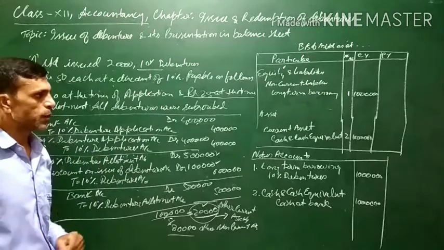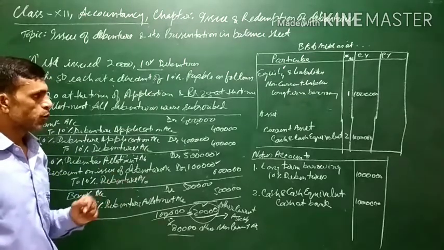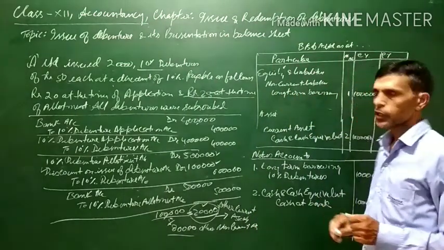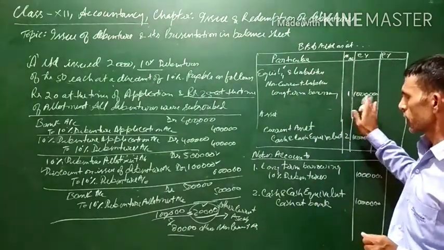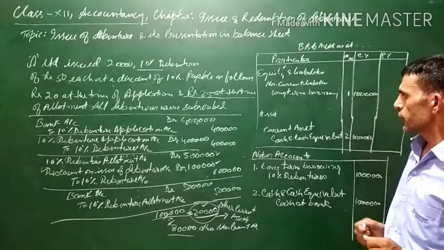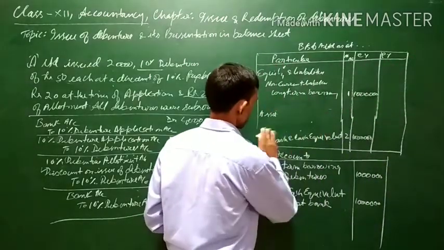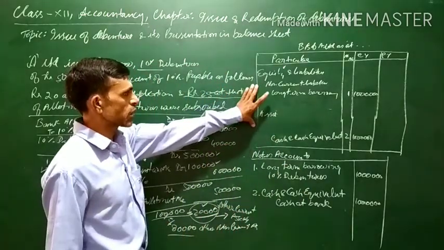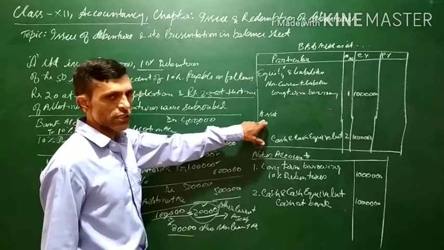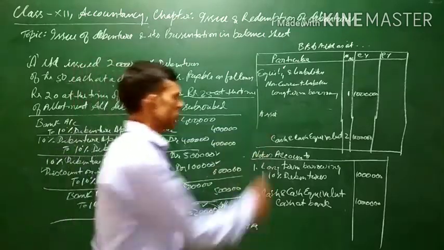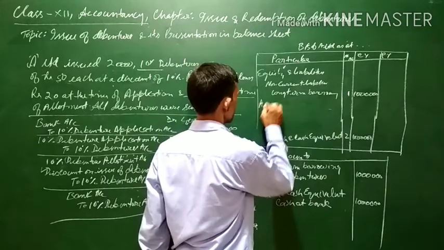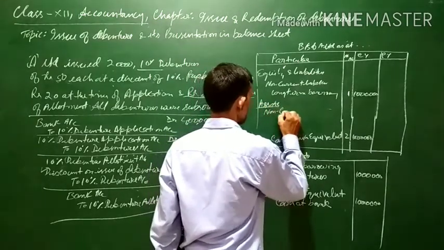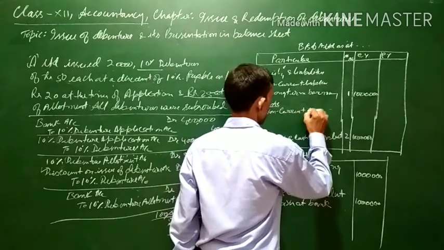So it will also be mentioned here. Now, the long-term borrowing was 10 lakh. Current assets we have already written here. First of all, in the balance sheet of the company, non-current assets are written, then current assets are written. So, under assets, first of all, non-current assets will be written.